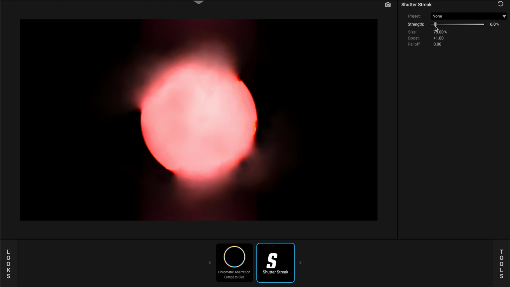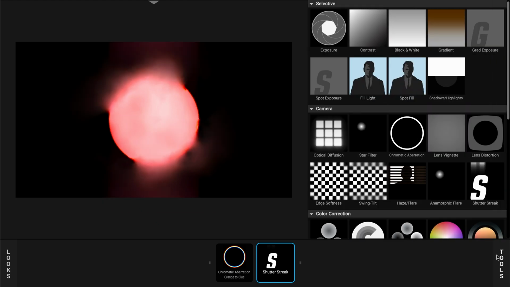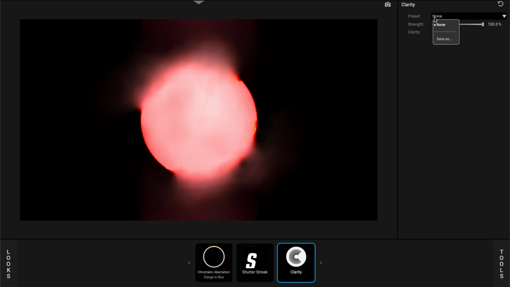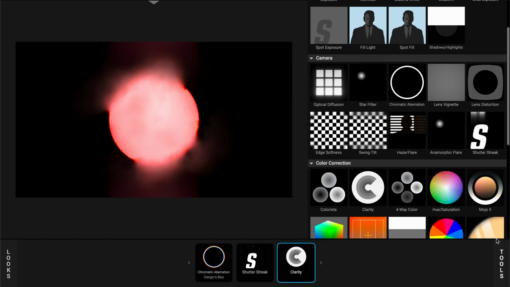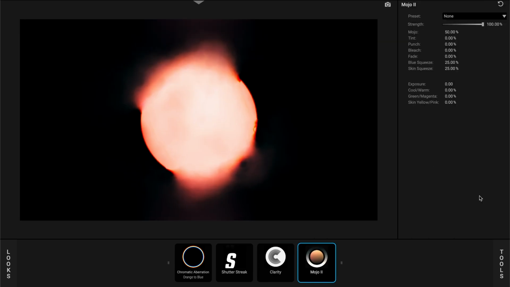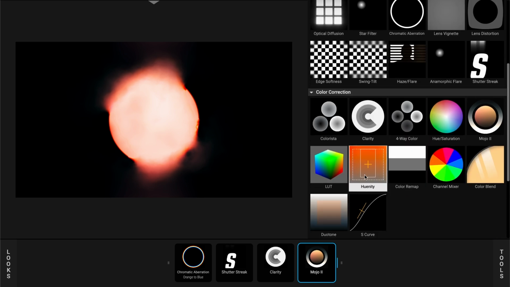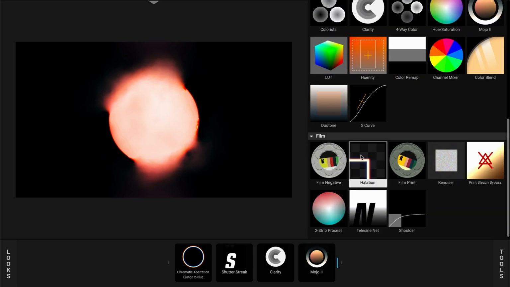We can then use a clarity, and we can just bump this up ever so slightly. This is to make some of the lines a little bit crispier. Next up, we will select Mojo. And after Mojo, we will select Halation, setting it to anamorphic,